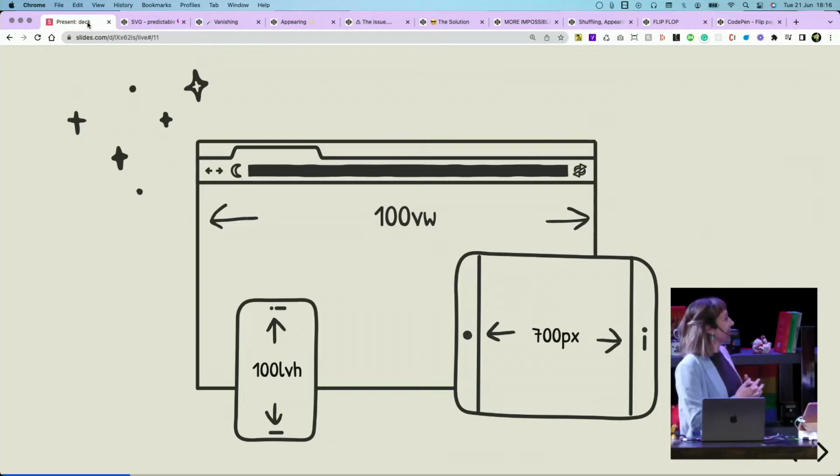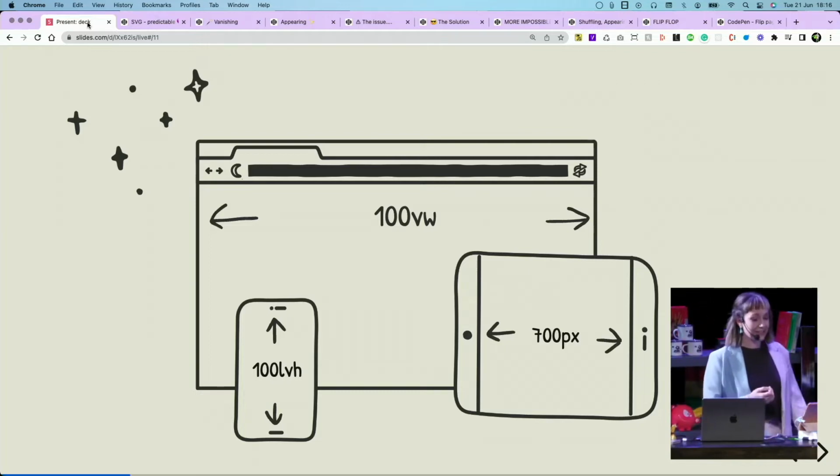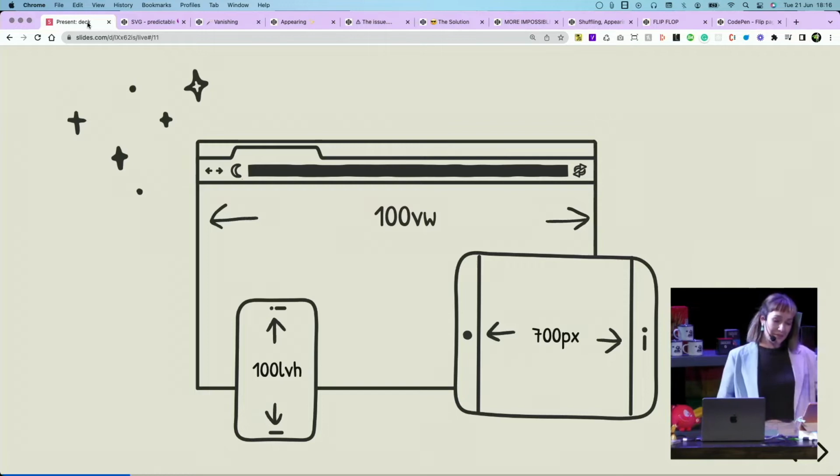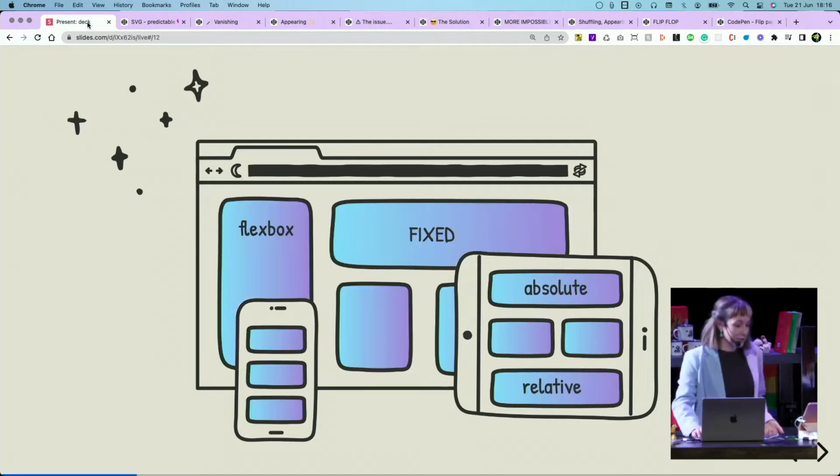And SVG has SVG units. Like, we don't just have website units. There's like tons of different units to measure things. We've got pixels and ems and rems and viewport units, and now container units too. And that's awesome, but it's a lot.